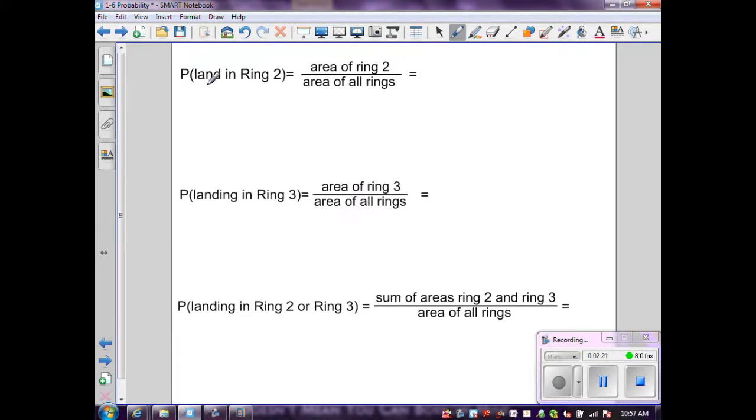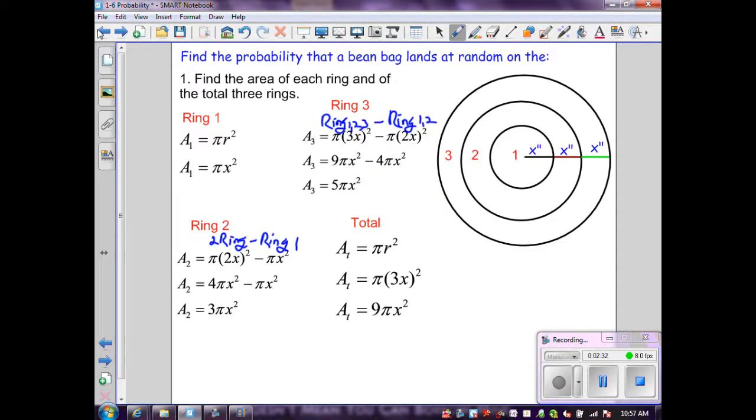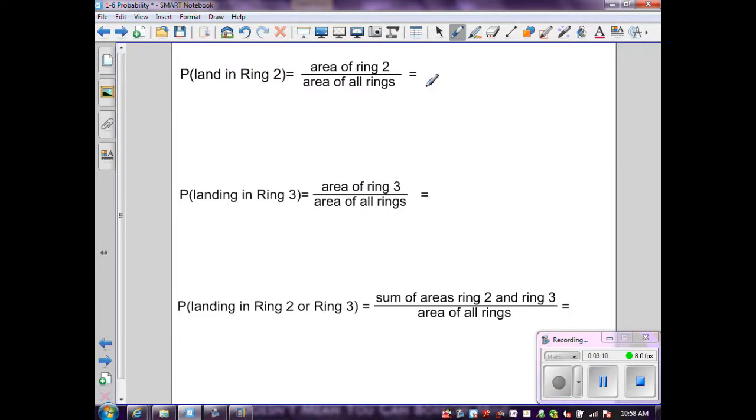Our first event is to find the probability of landing in ring 2. What I need is the area of ring 2 over the area of all the rings. So the area of ring 2 is 3 pi x squared, and the total area is 9 pi x squared. So I substitute in area of ring 2, 3 pi x squared, over area of the total rings, which is 9 pi x squared. When I simplify, the pi's cancel and the x squareds cancel. So I just simplify the constant, which is going to be 1/3,